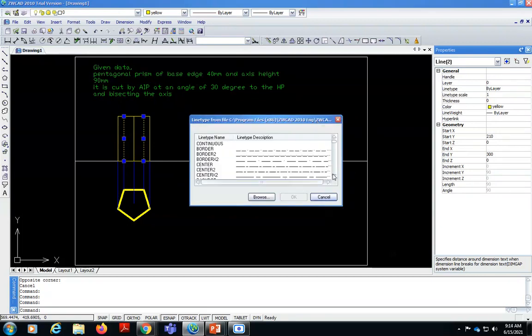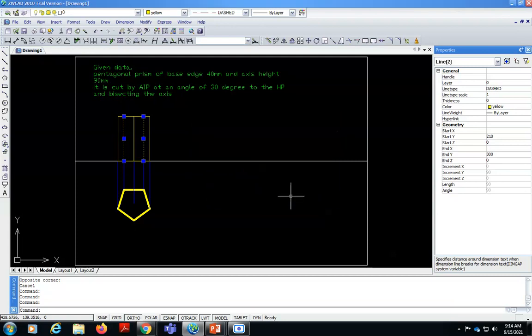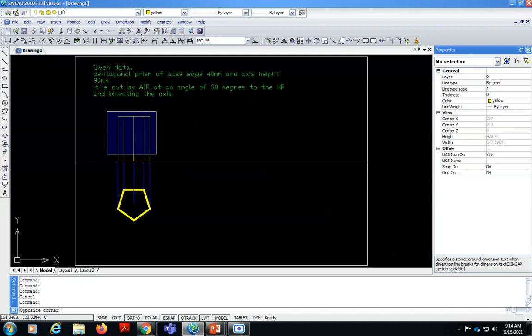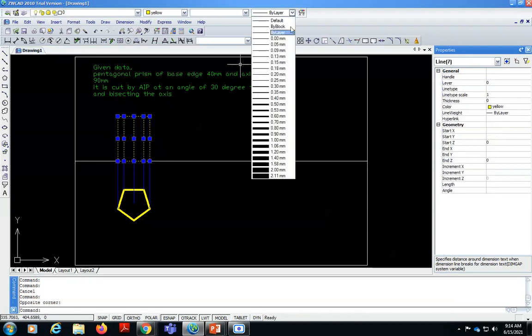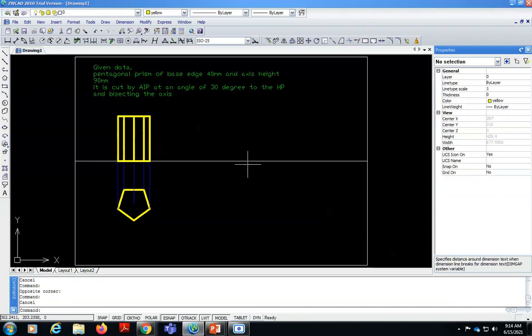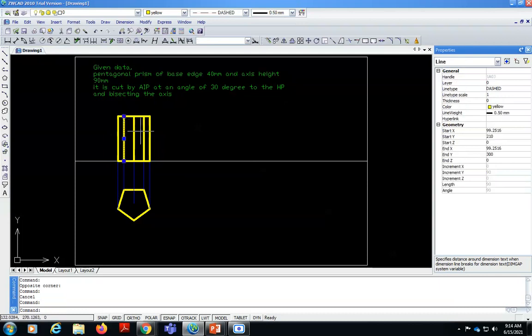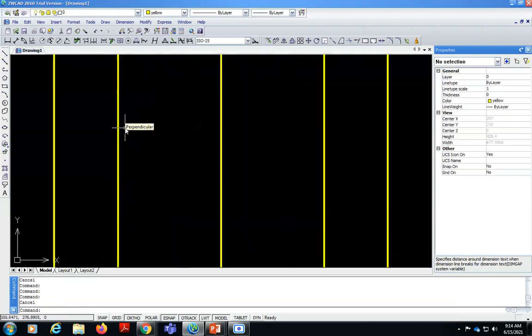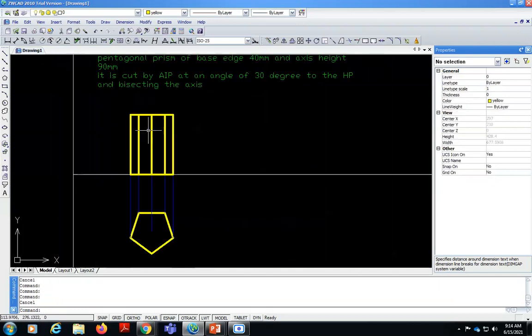You can use the properties toolbar to change the type of line. I'll change its thickness as well, like this. So these two are the hidden edges. When you zoom out, you will be able to see these are the dashed lines.